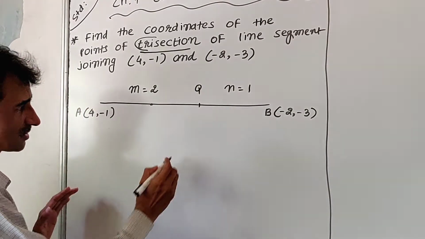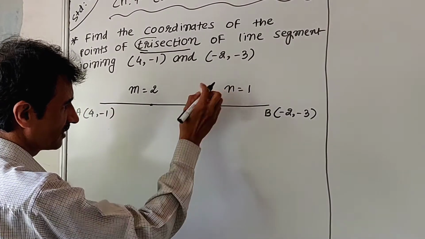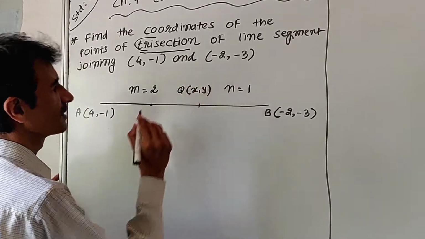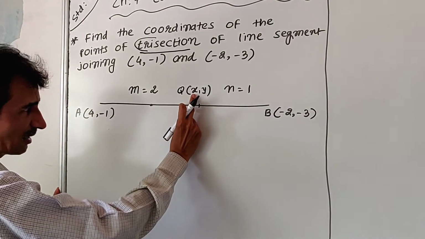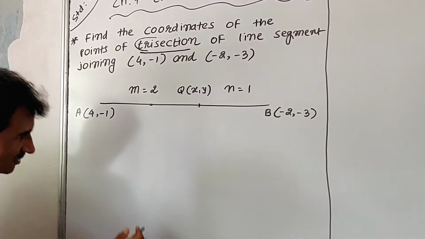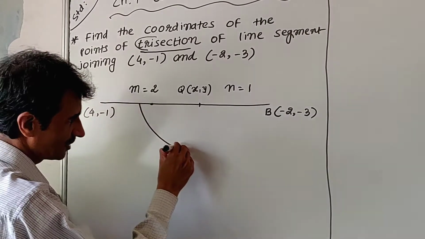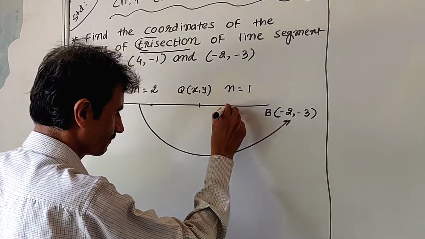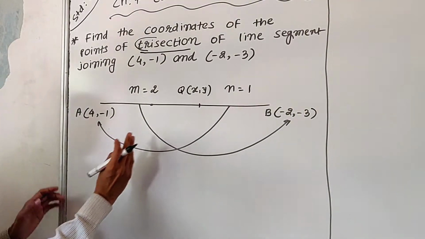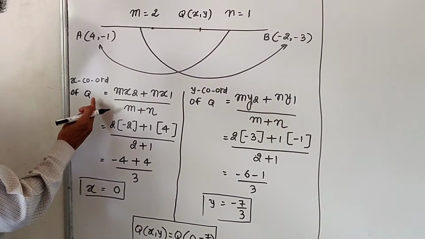Now this is the regular sum. Here Q is the point, and Q is equal to (X, Y). I want to first of all find out this X and Y. Simply we are going for the same sum. Now here this is M into X2, N into X1, and now we put the values in the regular equation. Now this is the equation.